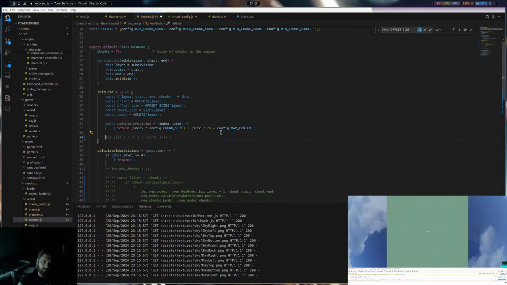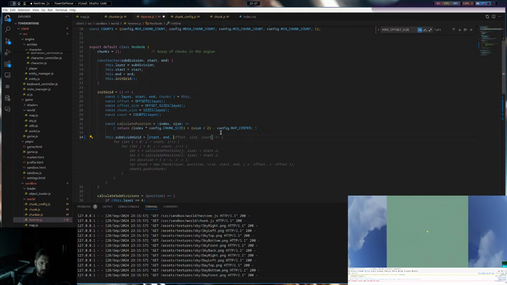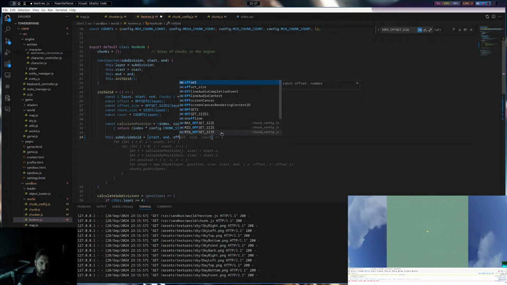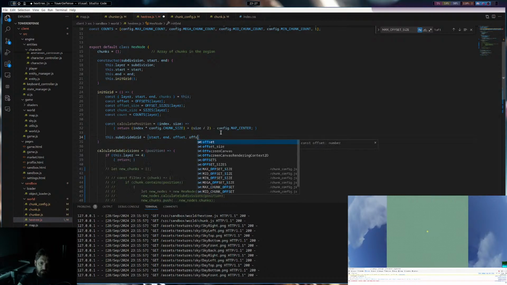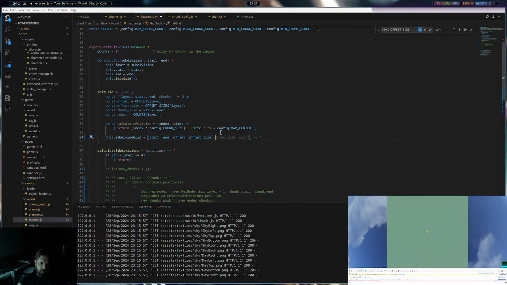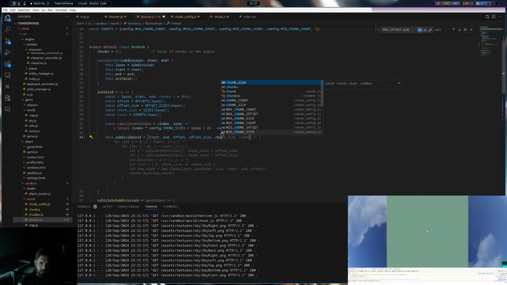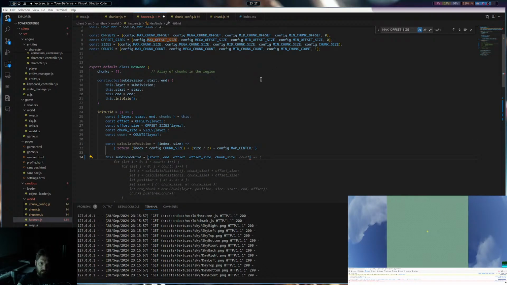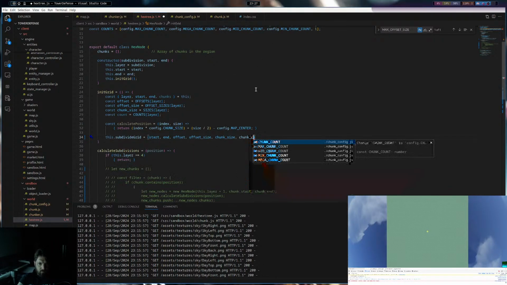Unless we say this dot subdivide grid and we say start, end, offset, size, chunk size and then chunk count.